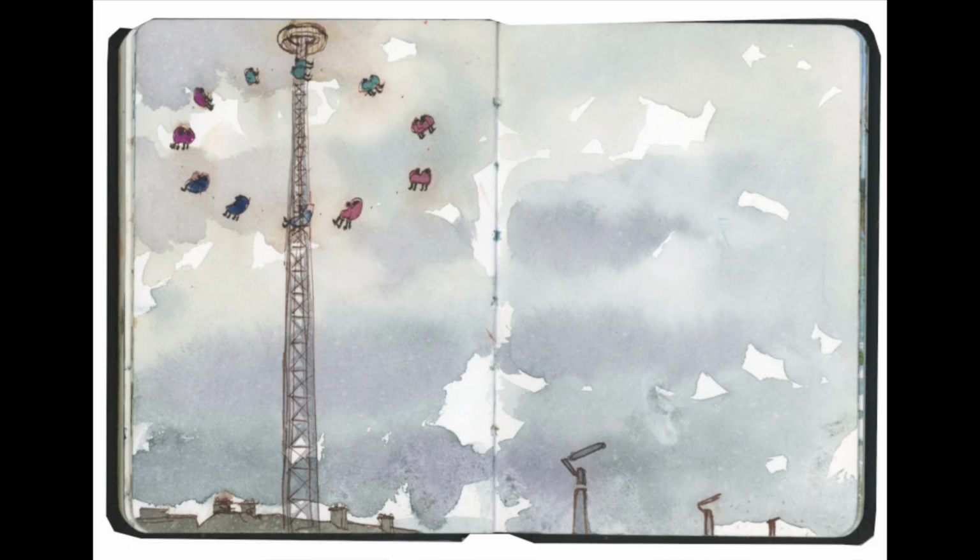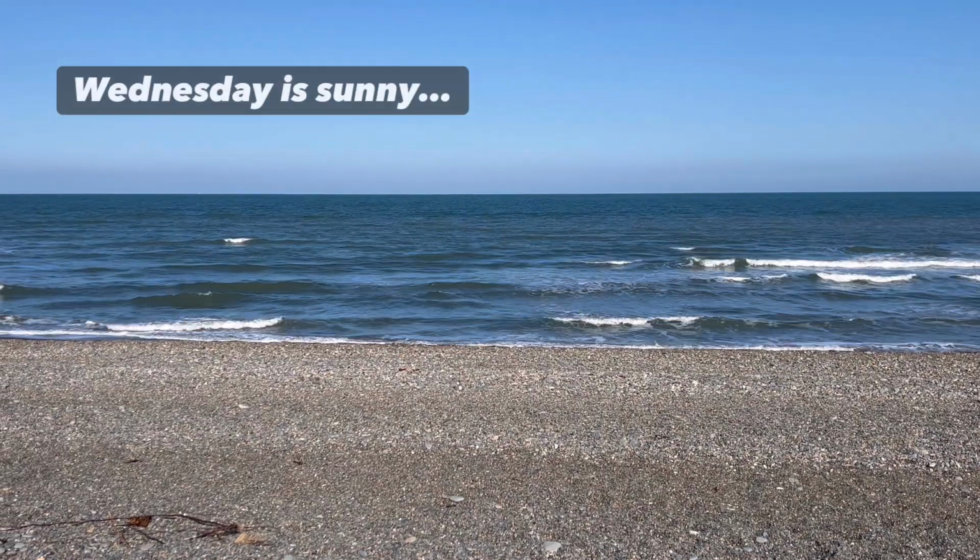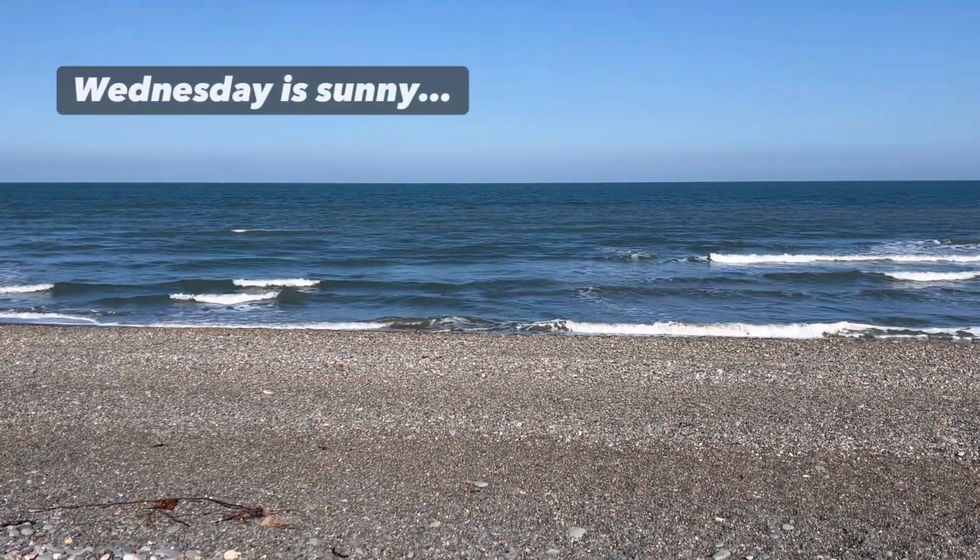I was a bit disappointed not to get a chance to draw any of the amusements that I'd started drawing the day before. But, you know, it just goes to show you that you really have to take your moment when it presents itself. Well, I'm back here on the beach and I've just done another little sketch,